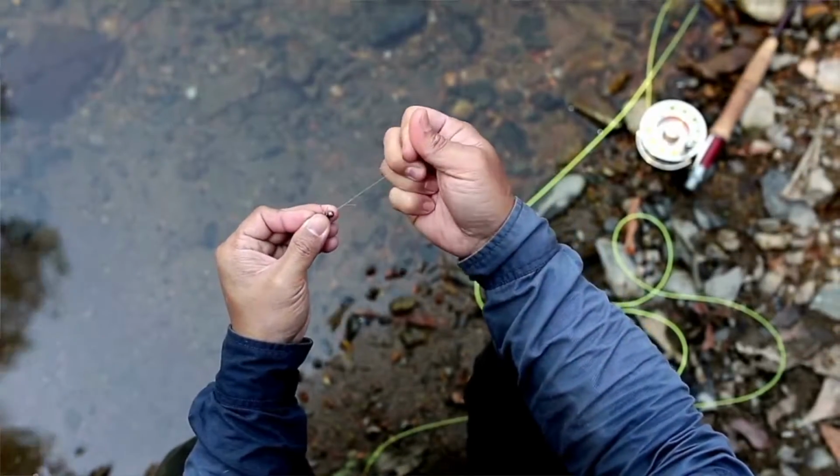Number 10. Many of the times when you snap your line, it's happening at the stress points at the end of your line, with your knot to your hook or within the last few feet. I mean, rarely do I ever snap a line at the reel. It always happens somewhere toward the end. This is why, if you want to add more advantage to your fishing game, it would behoove you to check your knots regularly and also check the last 3 to 6 feet of your line for any abrasions, any nicks,